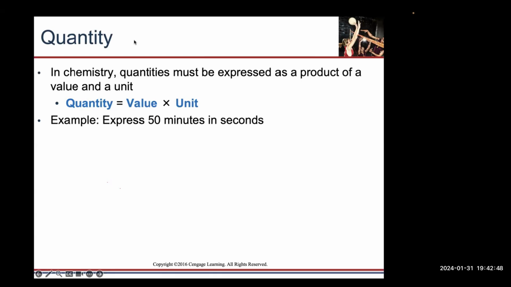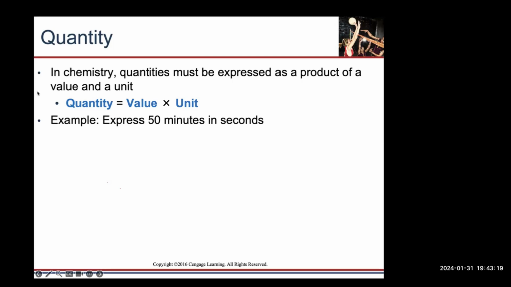So it's important for us to include what the unit is, because otherwise we don't know what we're making reference to. If I just said I need you guys here in 5, that could be 5 days, 5 years, 5 months. So we want to make sure that we always include the unit with the value that we're talking about. So an example is 50 minutes. If I want you guys to express 50 minutes in seconds,